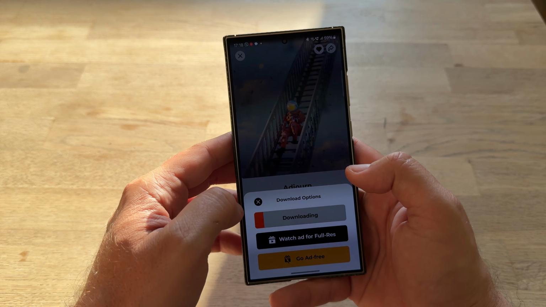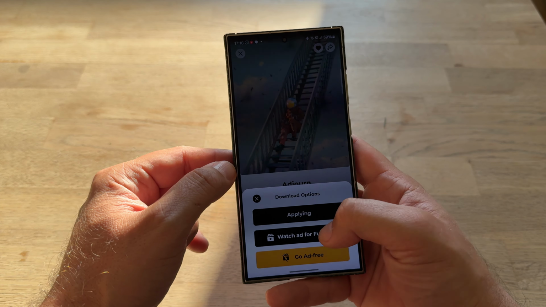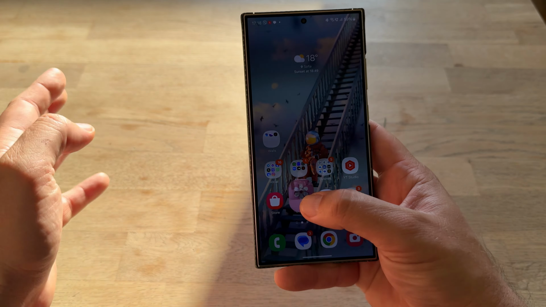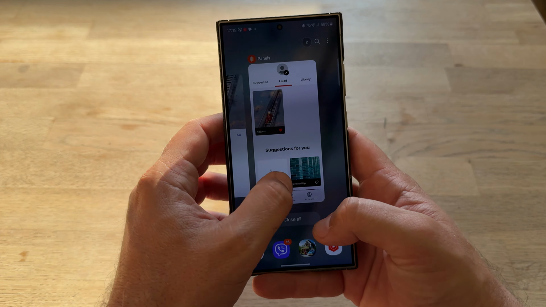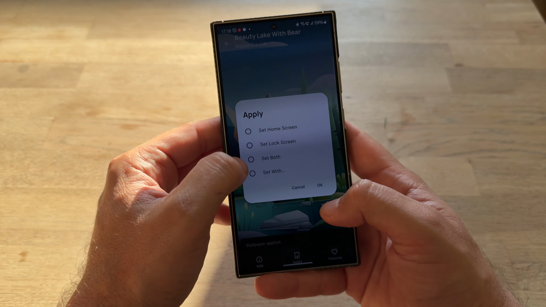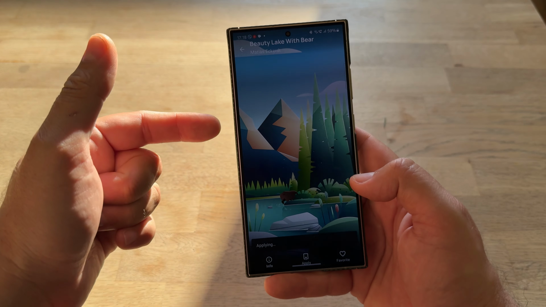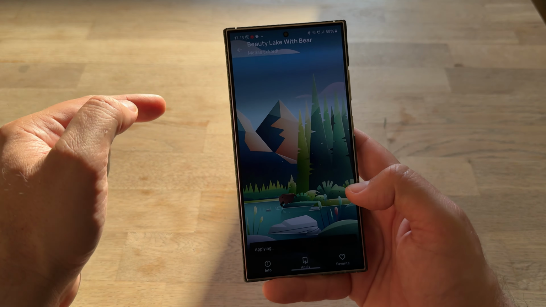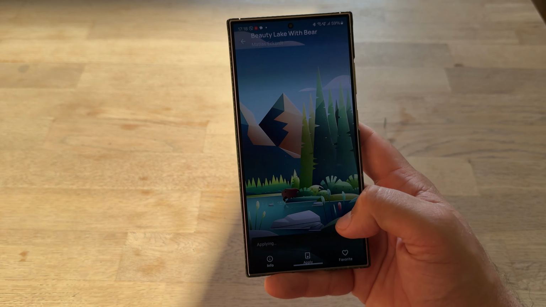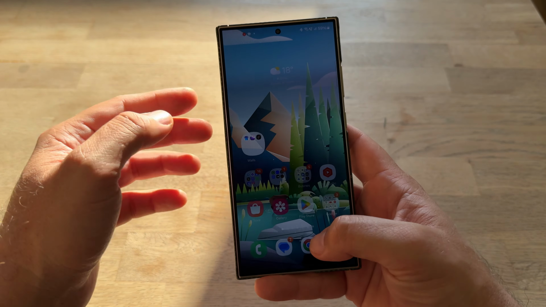Okay, and this time I'm going to again download it and set it. I want to see what is going to happen. So boom, this wallpaper is already here. By the way, fantastic wallpaper. So right now, guys, what I'm going to do, I'm going to go back in my default app, reset my wallpaper, delete the HD version, re-download the full resolution version, set it up, delete it, and then when I open it up again, I want to see if I will have to watch another ad.